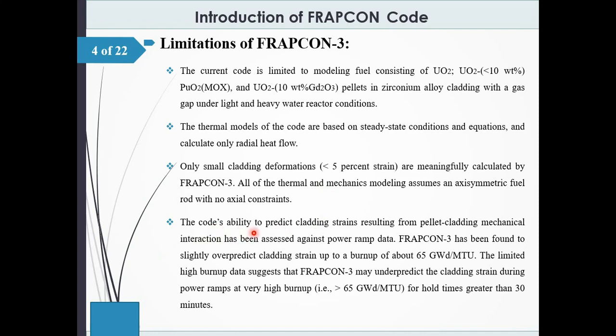The code's ability to predict cladding strain resulting from pellet cladding mechanical interaction (PCMI) has been assessed against power ramp data. FRAPCON 3 has been found to slightly over-predict cladding strain up to burn-up of about 65 gigawatt-days per ton of uranium, and this was validated with experimental